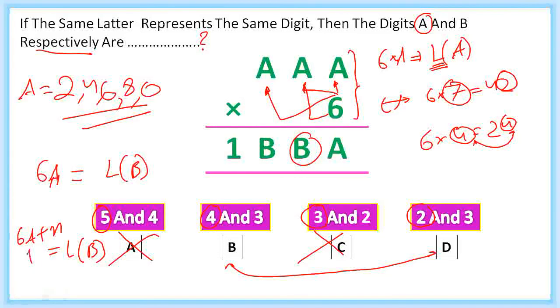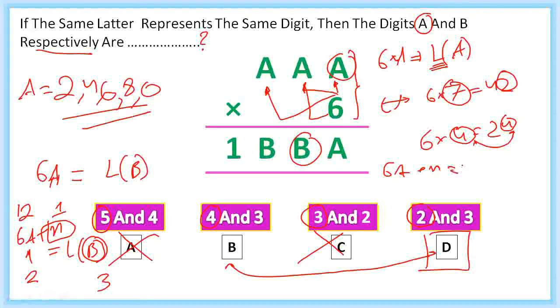If we put 2 in this case, 12, okay, and if A is 2, I'm going to get here 1. And so the last digit must be 3. So in this case, I will get D as the answer. But if I plug in 4, that is 6a plus n equals b as the last digit. If I plug in 4, I will get 24, 26 I will get, and this gives me the last digit b to be 6. But 6 is not in the options, so we can say that D will be the answer.